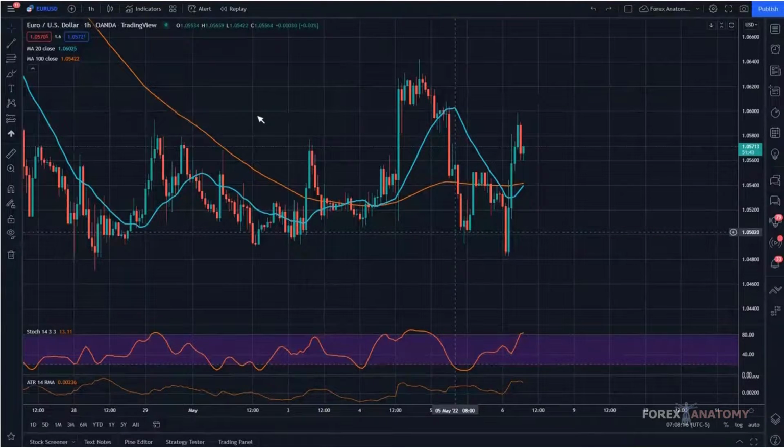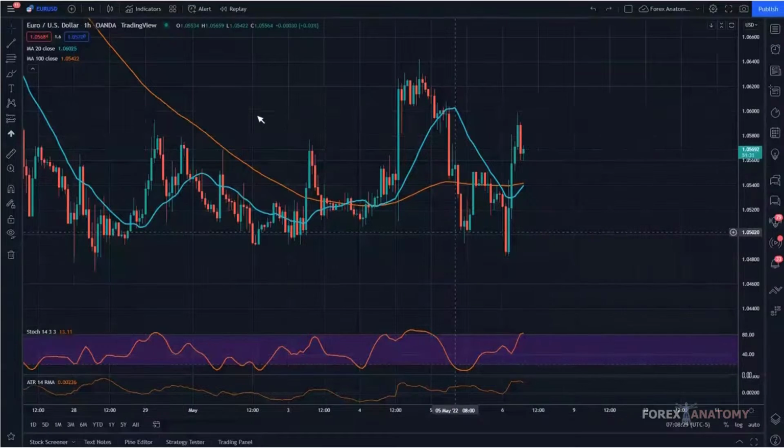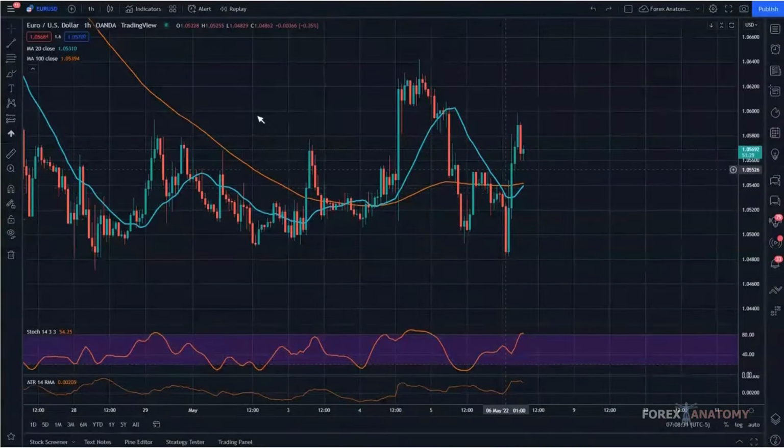If we can find, out of the 1 hour, 4 hour, and daily time frame, if 2 out of the 3 show a bullish bias, then we could definitely look for a buy opportunity on this particular pair. So what I'm going to do is jump up to the 4 hour,